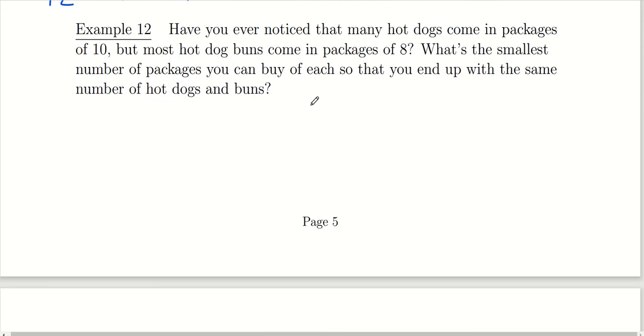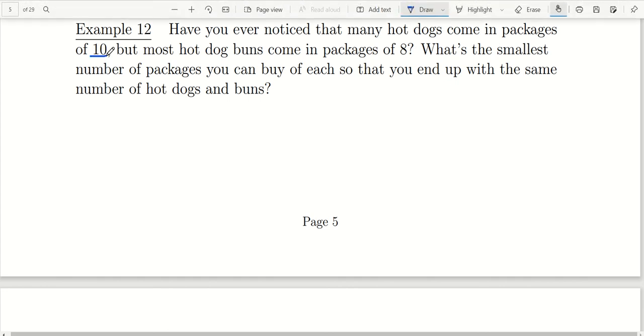Let's take a look at example 12. In example 12, they make the comment about noticing how hot dogs typically come in packages of 10, but most hot dog buns come in packages of 8. What's the smallest number of packages we can buy of each so that we end up with the same number of hot dogs and buns? So we need to have a number of dogs and a number of packages of buns so that we can have one bun for each